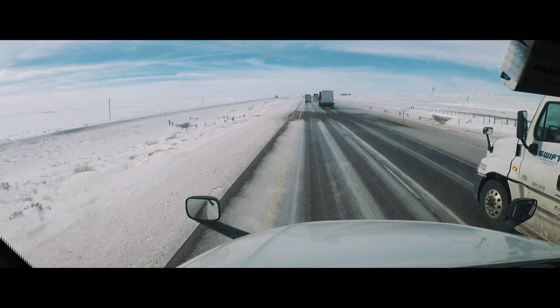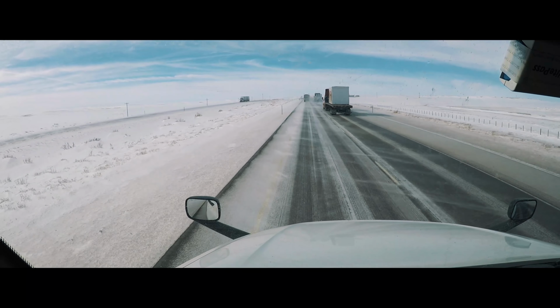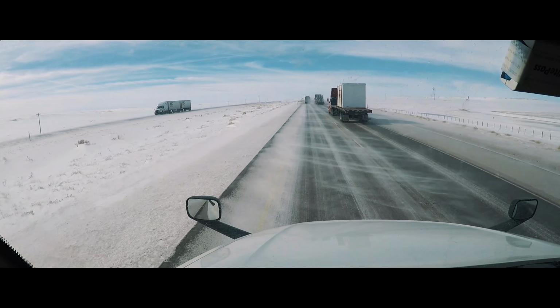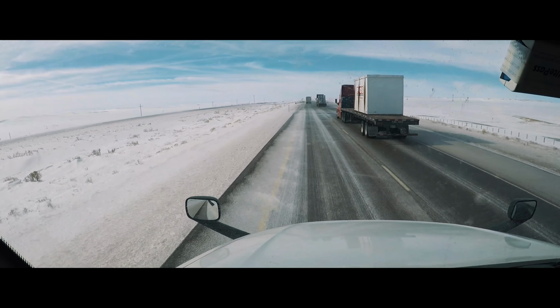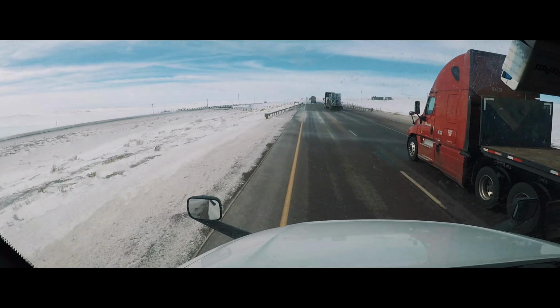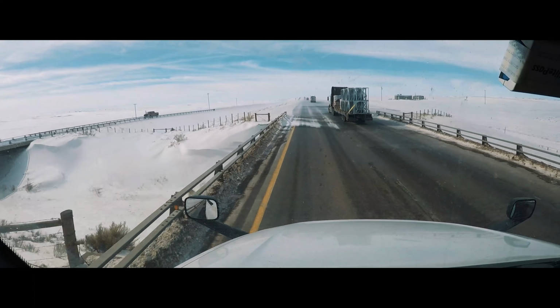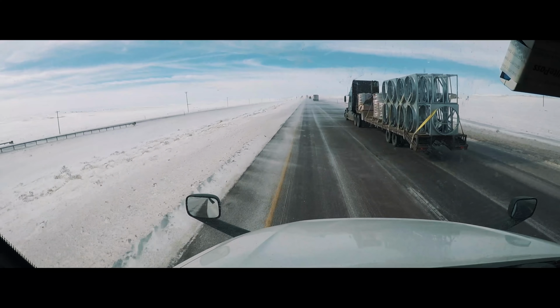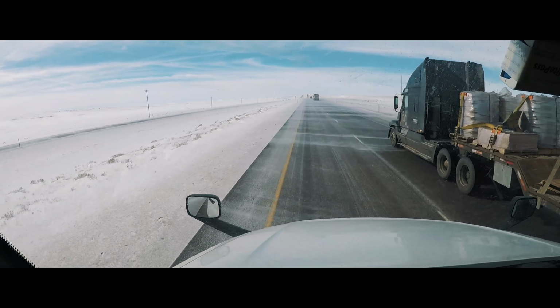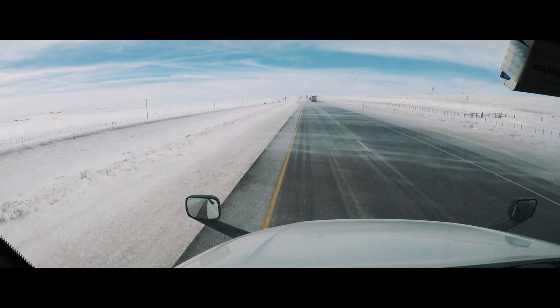And if you see me passing up those other trucks, it's because those other trucks were going so slow. If you lose momentum going up an upgrade, you will lose traction on the road. So the best way is to just keep going until you find somewhere safe to park. I don't suggest anybody under 70,000 or 75,000 pounds gross to even drive through that